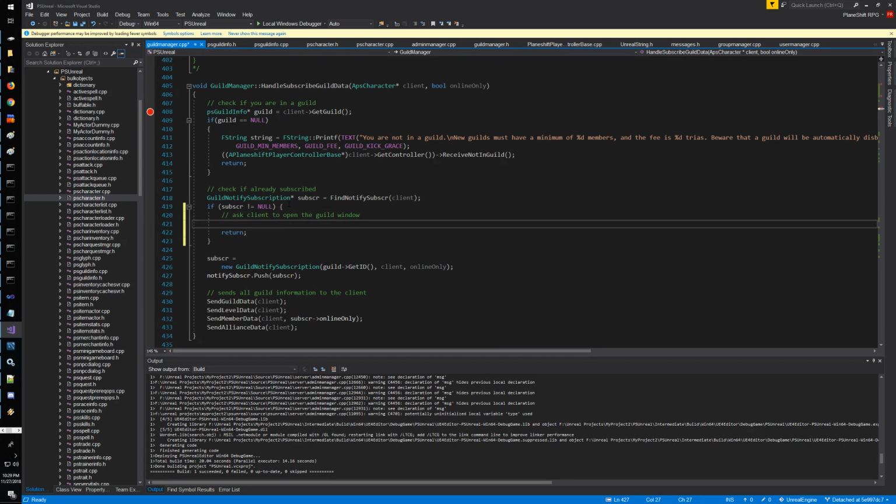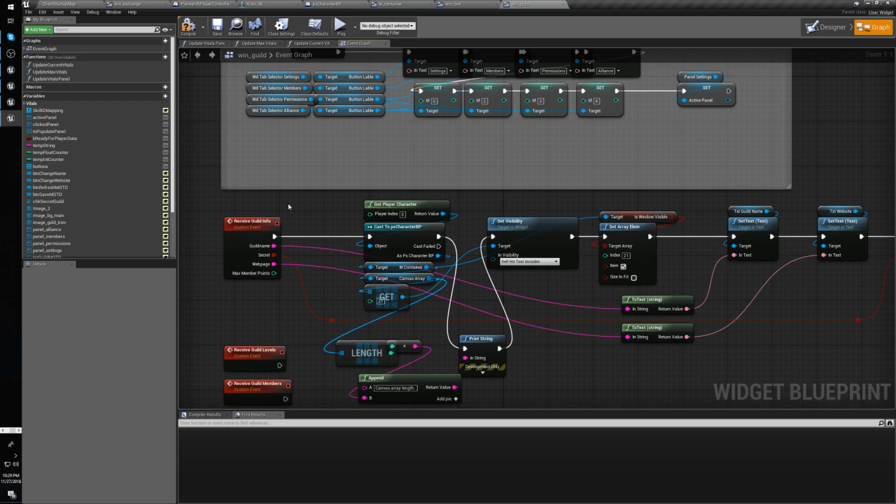Now, do we need a message to do that? Yes, unfortunately we do. Should we have a generic message for all the windows that we just send through, and it's on the player controller, and is just opening it up no matter what? We just give the window handler. Instead of making one just for the guild window, we can make one that is generic for every window. The question is, are we going to specify